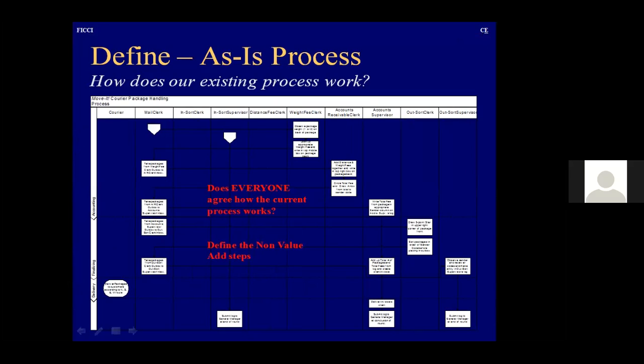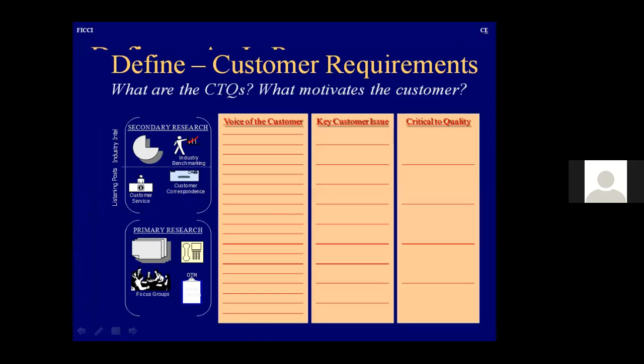So how does our existing process work? So we make an outline of how the process is working. Sometimes we even call it value stream mapping of the existing process. Then within the process,